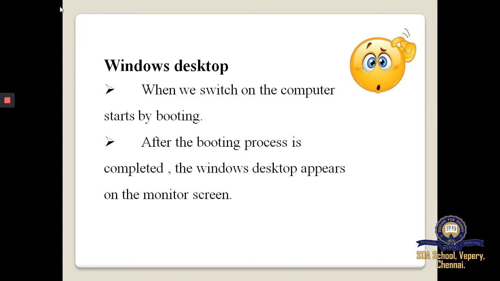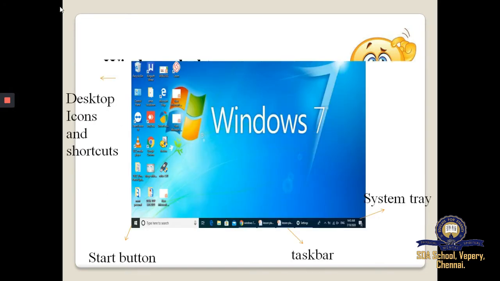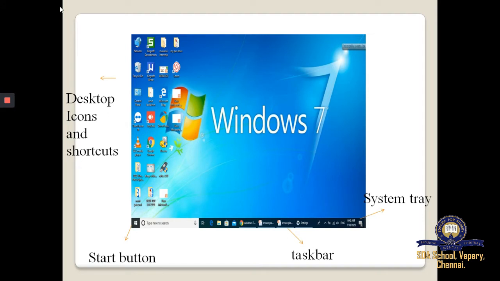Already we have seen the screen. This is the Windows screen. We learned that these are the desktop icons and shortcuts. Already I taught you this symbol. Can you see, children? This arrow mark symbol is a shortcut, and these are the icons.